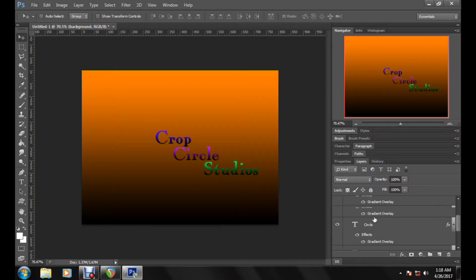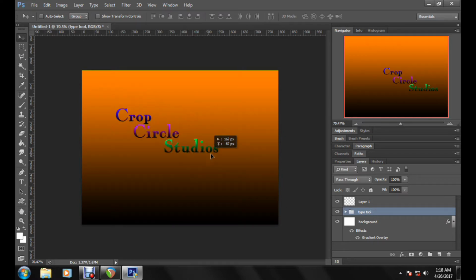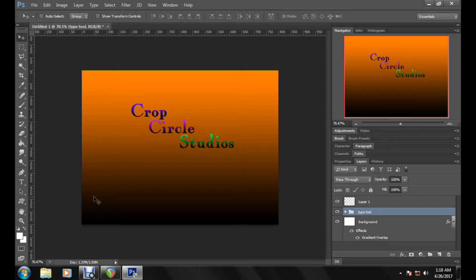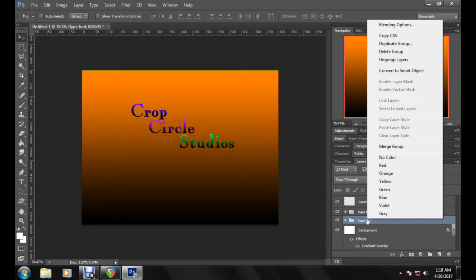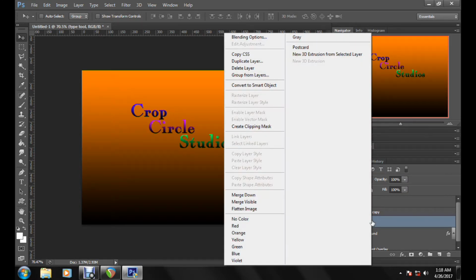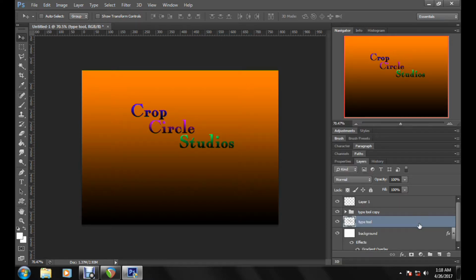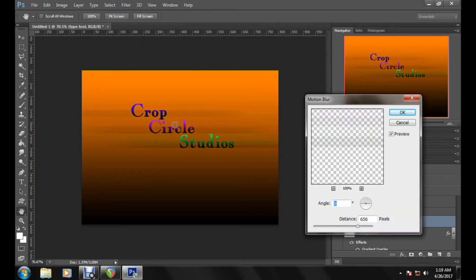So you got your little folder here. When you have all of them in your folder, you can move them all together and work on it. What I like to do sometimes to give it like a background feel to it, and kind of like a pop out, if you will, is duplicating the layer, the bottom. What I like to do is rasterize. Well, first merge the group, and then from here I like to do blur, motion blur, and from here you can see it already gives it a different look to the whole